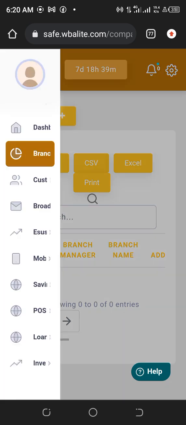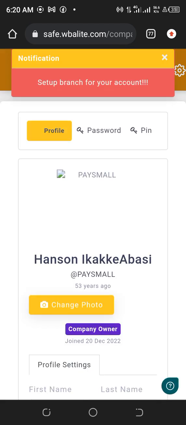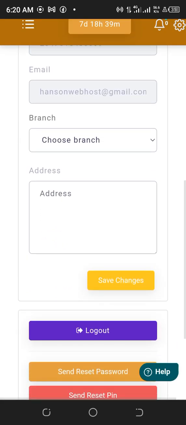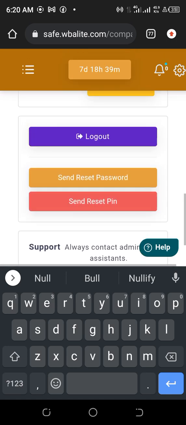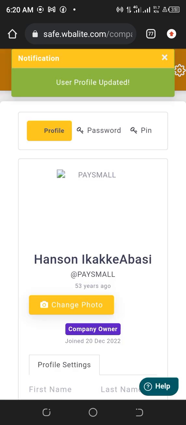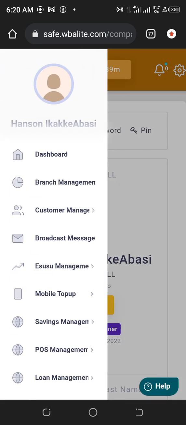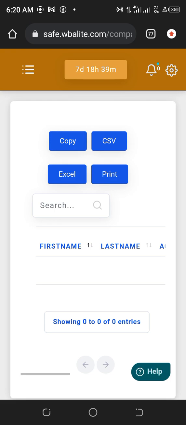Then the next step is for me to also hit on any menu again. Of course, you can see I'm just hitting on savings manager, and it keeps redirecting me somewhere. So I can go ahead and select the PH, which of course is the business address. I can say it's null. Of course, do not write null. Write your business name. Then go ahead and save. So of course, once it is saved, I'll go back to the menu and hit on savings manager. So of course now it will allow me, because I've completed the most important